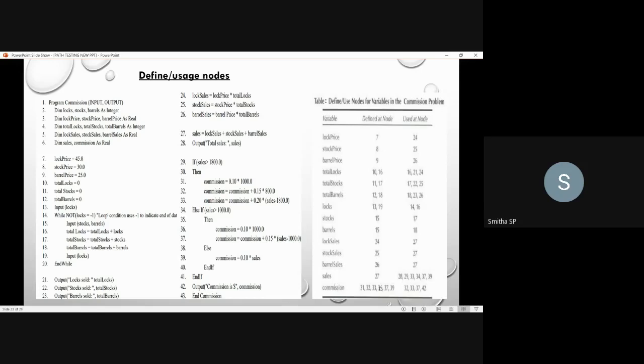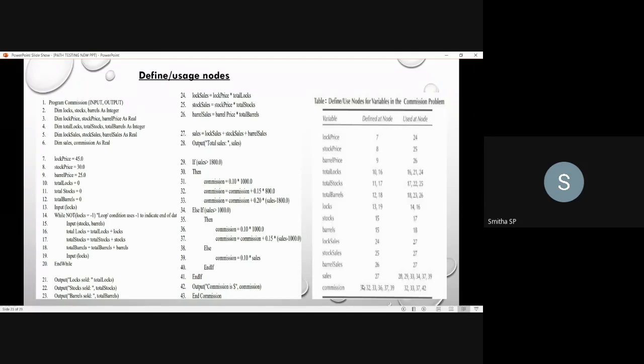Similarly for commission, wherever you have defined it, go through the program. Wherever you have defined it, at least tell me the define nodes and usage nodes for this. Ma'am, define nodes 31, ma'am. Yes, then usage nodes 32 and 33, 36, 37. No, ma'am, define nodes, ma'am. If you first tell me the define nodes, here it has been written.